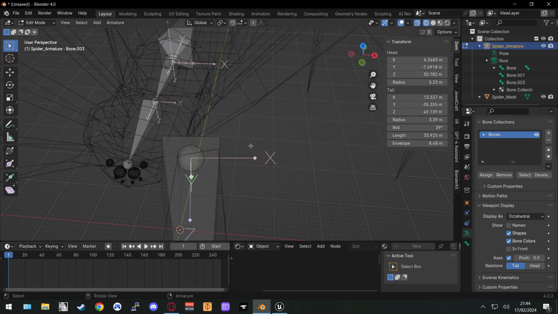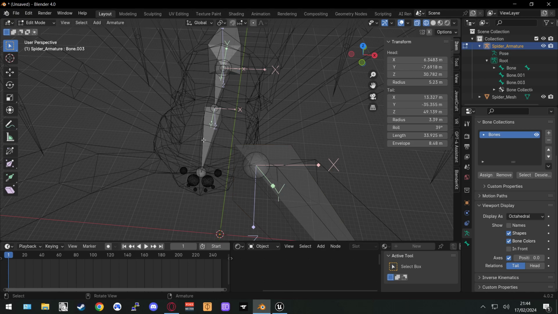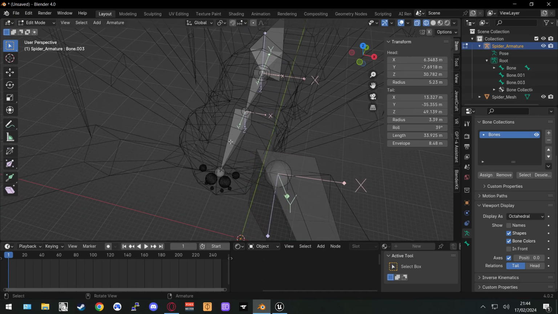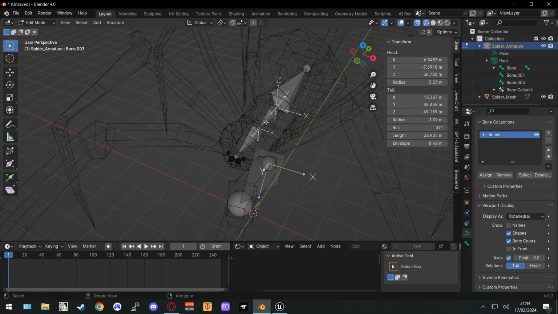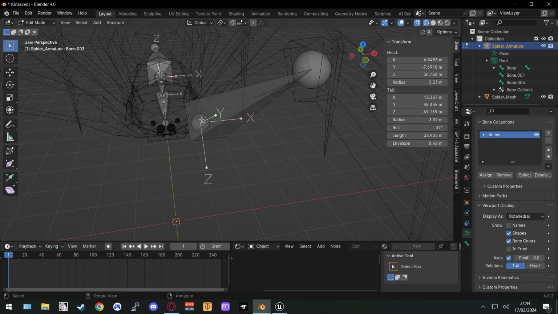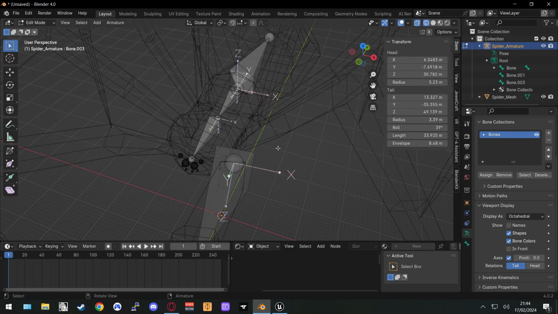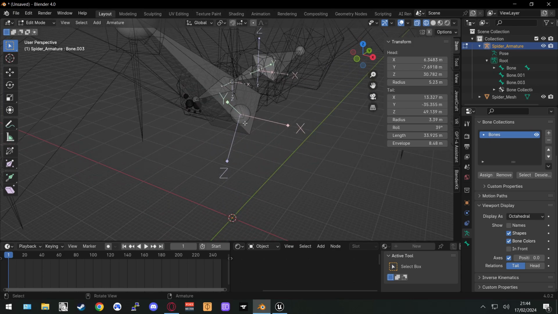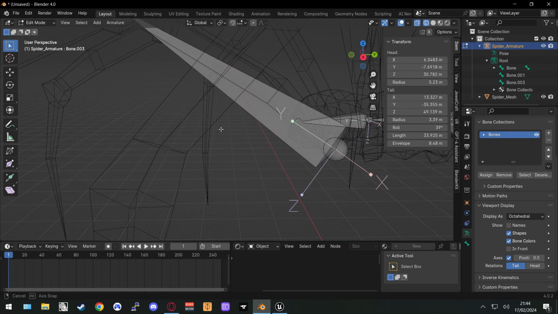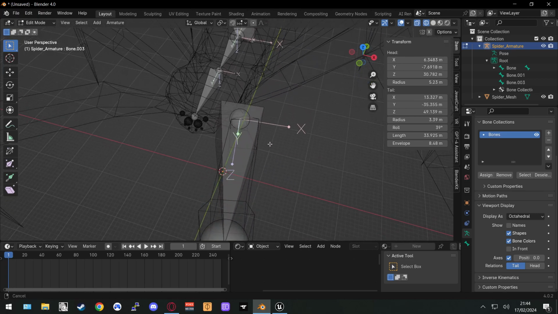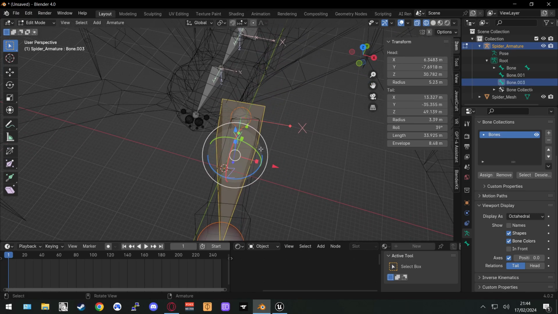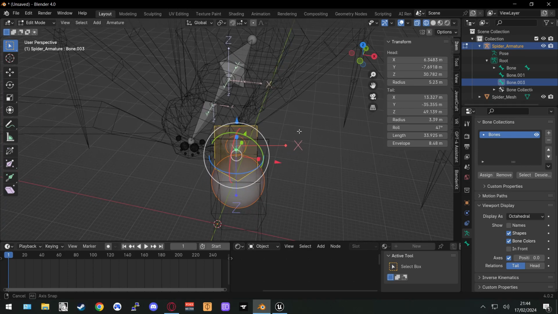But for the body, it's not that important, since it's not really going to be IK'd. The main part is going to be the legs, and it is very important that these axes are the same along all the bones in the chain. What that means is we're just going to turn this one. Nope. Okay, we're just going to roll it so it looks somewhat